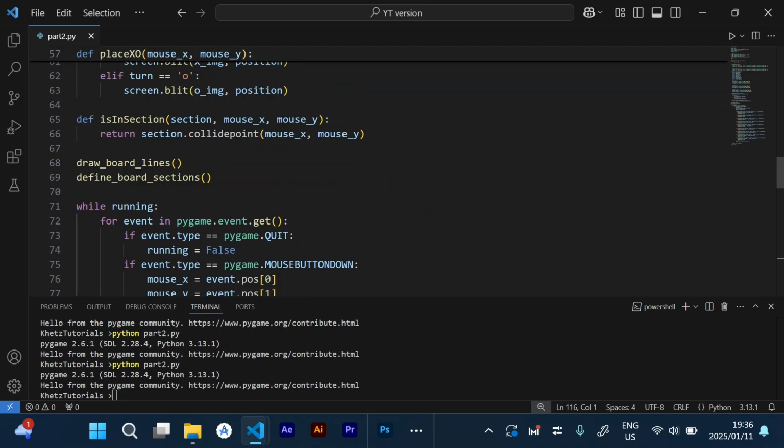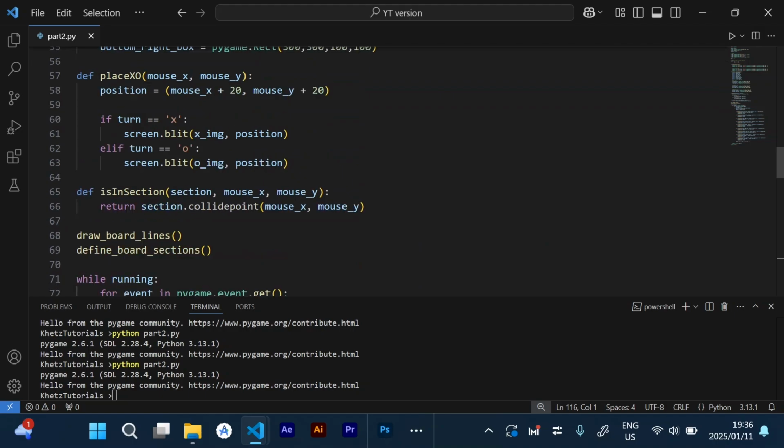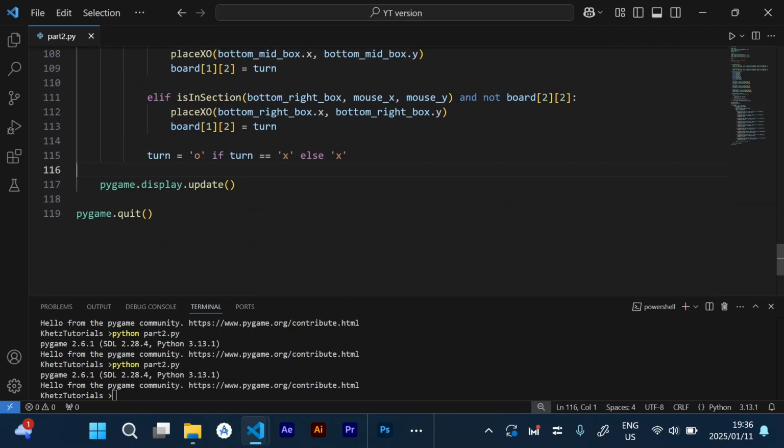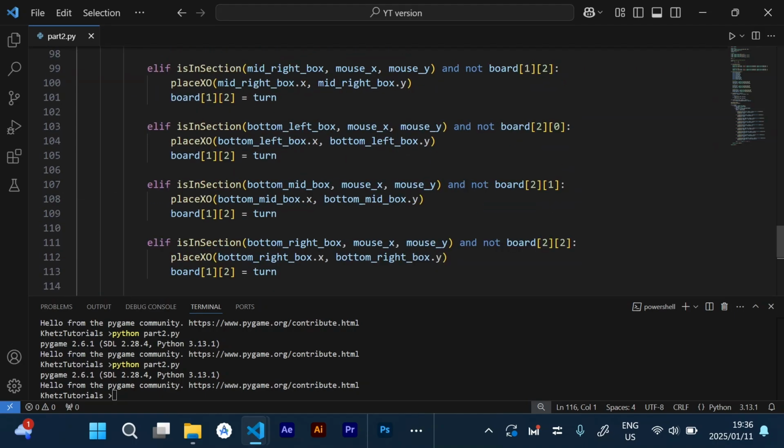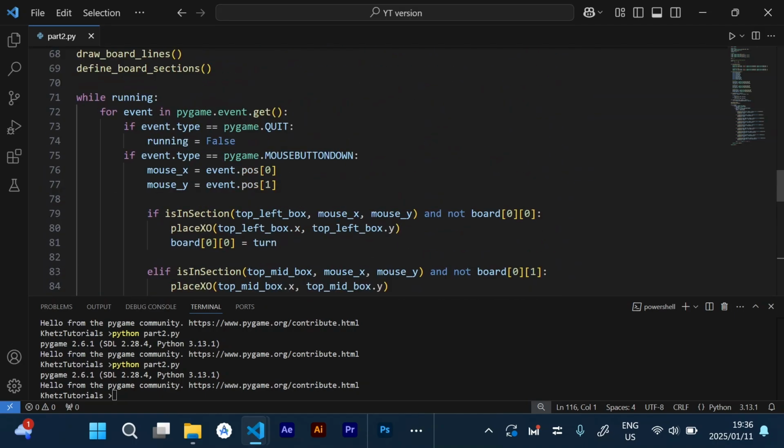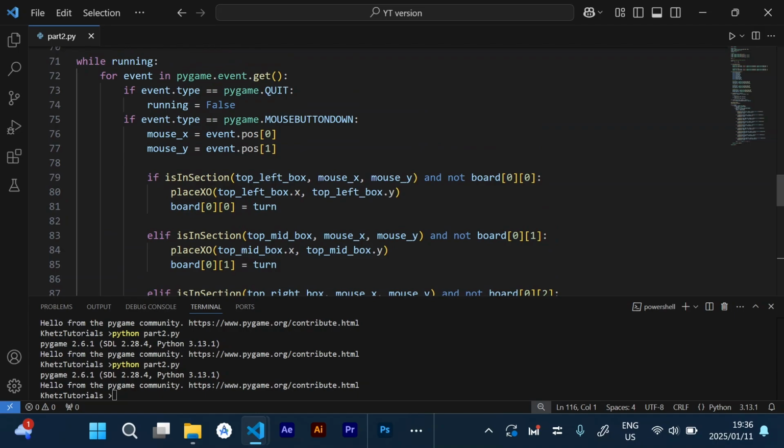Okay, I must click there, positioned it there. So it seems to have changed turns, even though we didn't place anything there. It's only supposed to change turns if something was placed on the board. Okay, so that's very interesting. So we might actually have to put